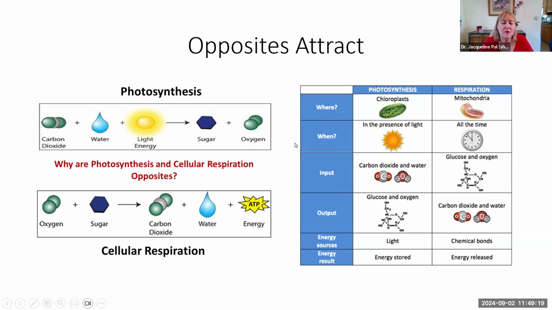So this gives us our chemical reaction of photosynthesis, where carbon dioxide and water with light energy will form sugar and oxygen. And let's compare that to cellular respiration in humans, where let's take these products, oxygen and sugar. The products of photosynthesis, oxygen and sugar, are going to give us carbon dioxide and water and give us energy. So this bottom reaction is the reaction that we're going to learn about today.